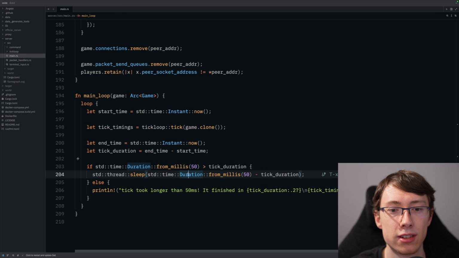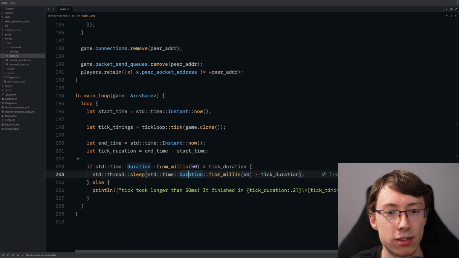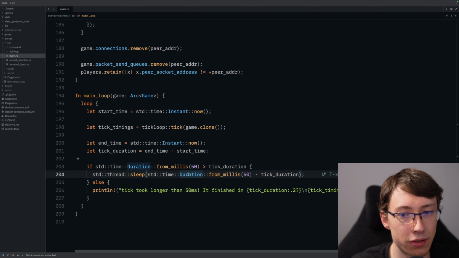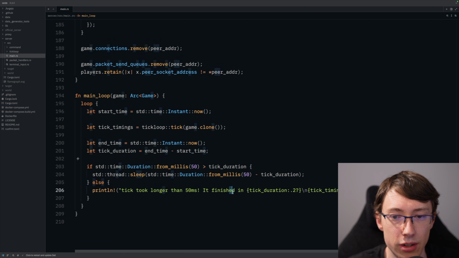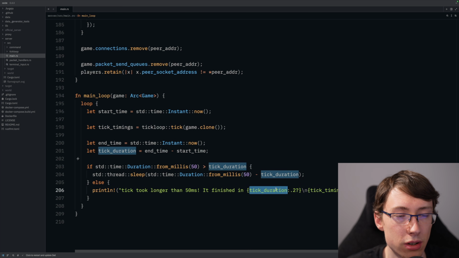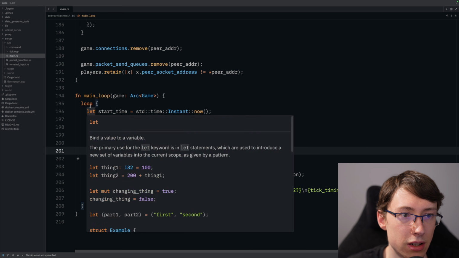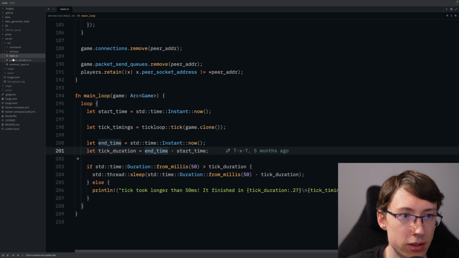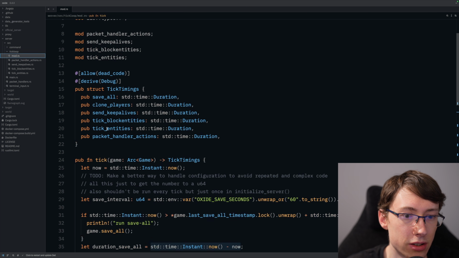So if we just take 10 milliseconds, for example, then we need to sleep for 40, so we stay in the correct rhythm. Or if we took longer than 50 milliseconds, then we print this out to the console together with all the tick timings and how long it took, and then I can maybe check what happens. And then the tick is just